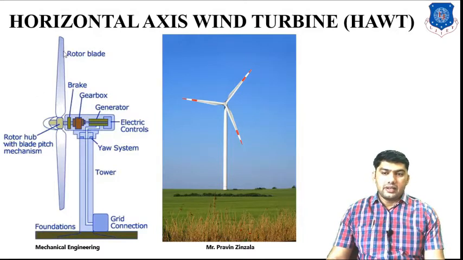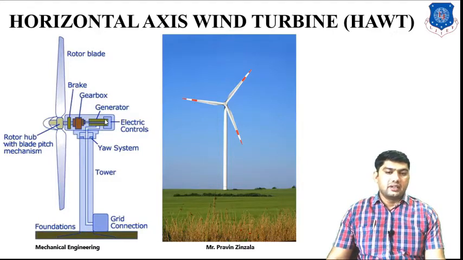Whenever wind strikes the rotor, it converts kinetic energy into mechanical energy, and transmits the mechanical energy to the shaft. The shaft rotates and transmits the energy to the gearbox. The gearbox is used to step up the RPM for power generation, and supplies the maximum RPM to the generator. The generator generates electricity, and we can transmit the electricity directly to the grid connection or a standalone system.